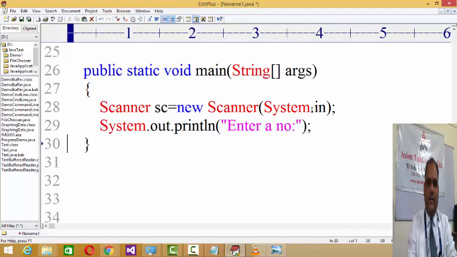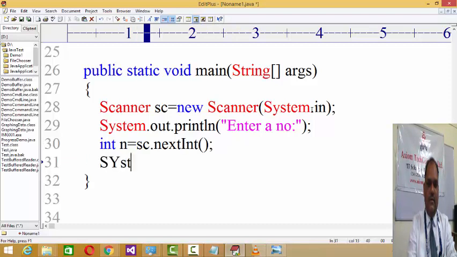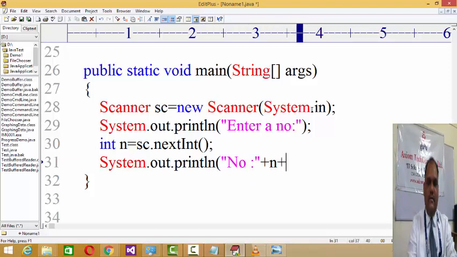And then that number I'll be assigning to n, and here I need the factorial. So System.out.println: number value is n and its factorial is.